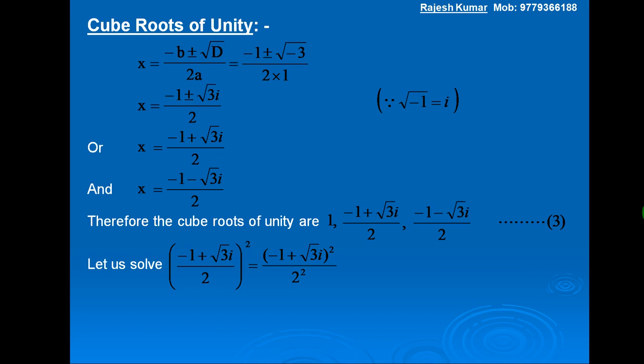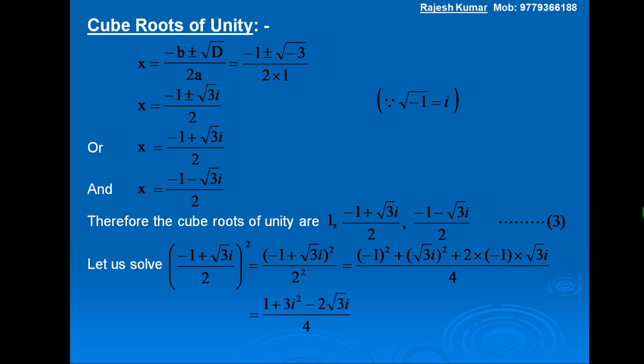In the denominator, 2 square becomes 4, and in the numerator, opening the bracket, this is equal to (minus 1) whole square plus (under root 3 iota) whole square plus 2 into minus 1 into under root 3 iota, upon 4,